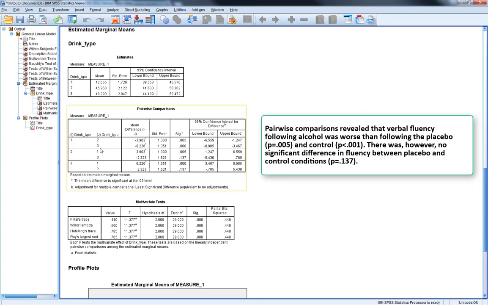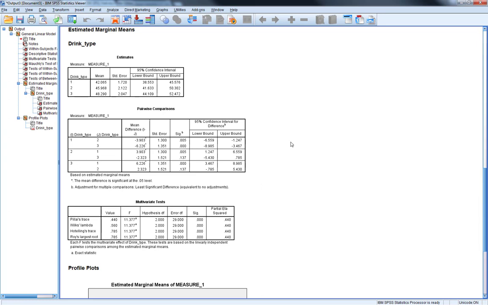Condition 1, alcohol, compared to condition 3, control, again shows a statistically significant difference, and again that's because there are fewer words in the alcohol condition compared to the control condition. The final comparison that we're interested in is condition 2, placebo, versus condition 3, control. As you can see, there's no statistically significant difference between these two conditions. The main effect of drink is driven by the fact that alcohol significantly differs from both the placebo and the